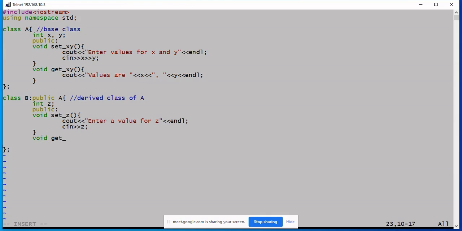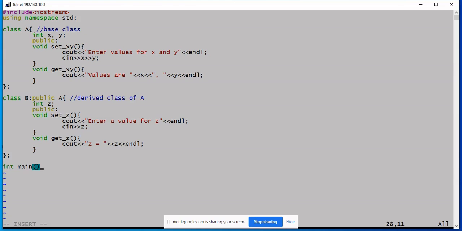Another function to get the value of z. Class definitions are ready.